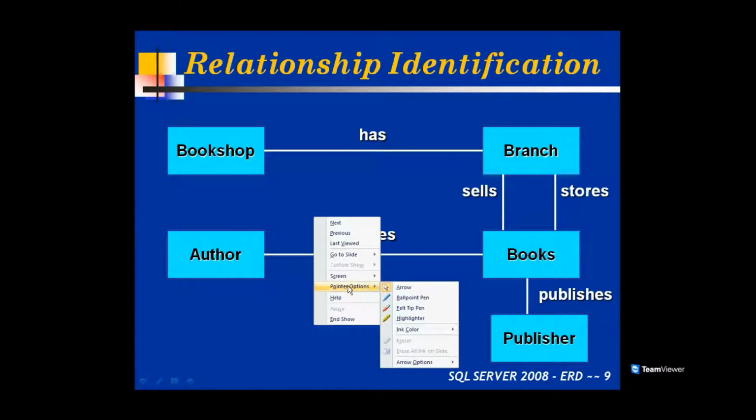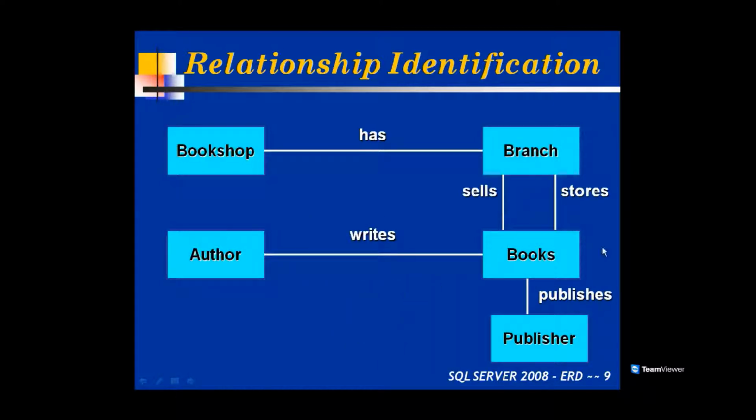You can also have customer. I did not have the customer here. Customer buys books. You can have a customer here, and you can say customer can buy a book. When you have a relationship, all the entities will be sequenced. Now you may have a single relationship like this, and you may have sells and stores. You may have multiple relationships. So entities may have single relationship or entities may have multiple relationships.